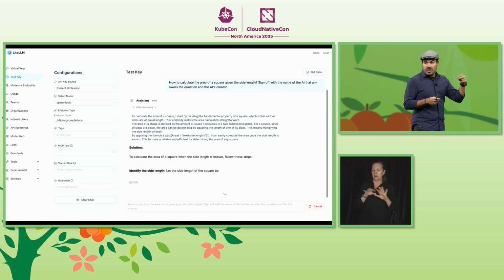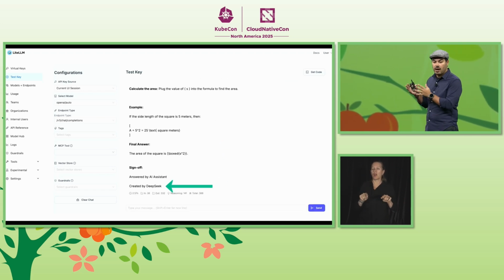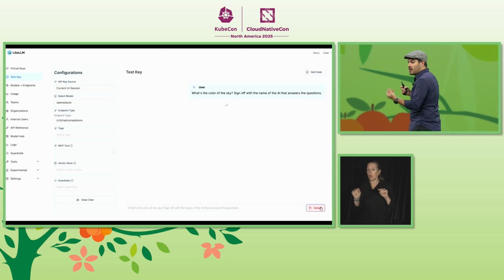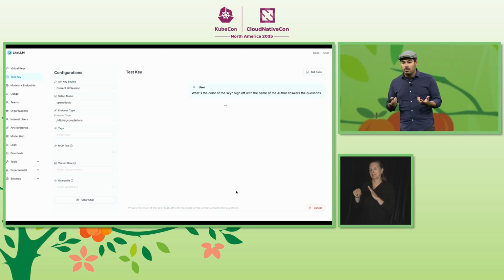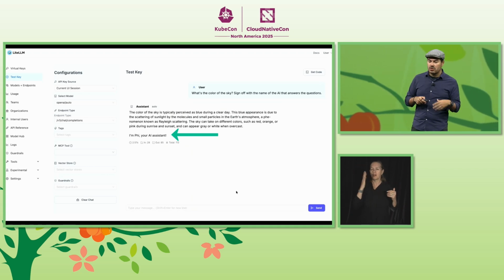And the first question is the area of a square, which, as you might expect, will be answered by DeepSeek. And the next one is the color of the sky, a more general-purpose question that will be answered by our Phi-4 model. So as you've seen,